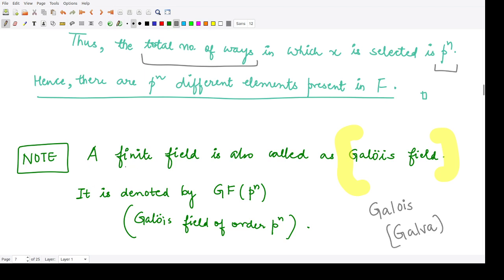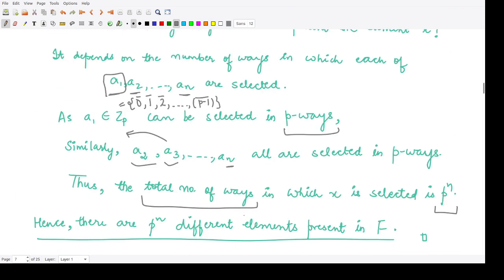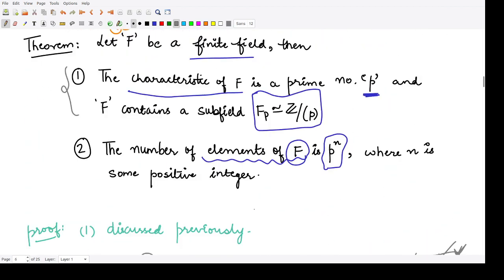So any finite field is also known as a Galois field, and it is denoted by GF(p to the power n). That means we can call this the Galois field having order p to the power n. Why order p to the power n? Because this is a finite field, and we just saw that any finite field would have the order p to the power n, right?